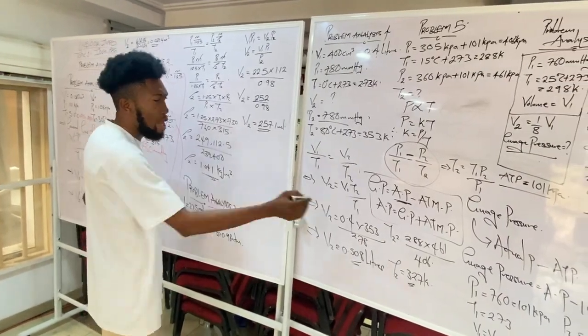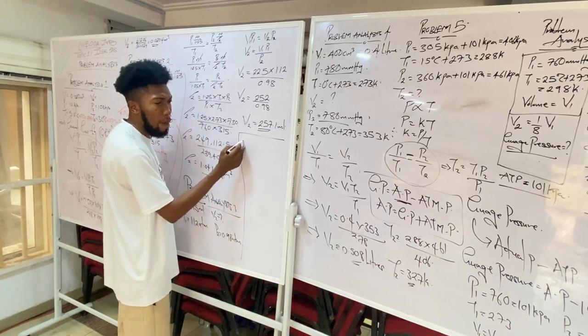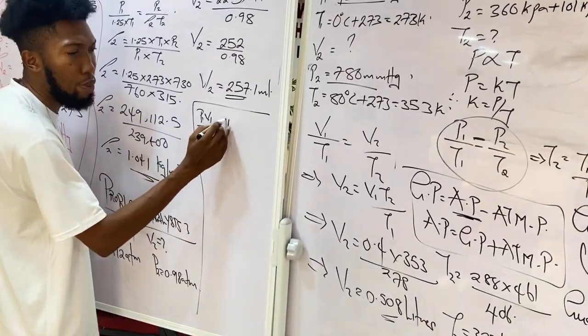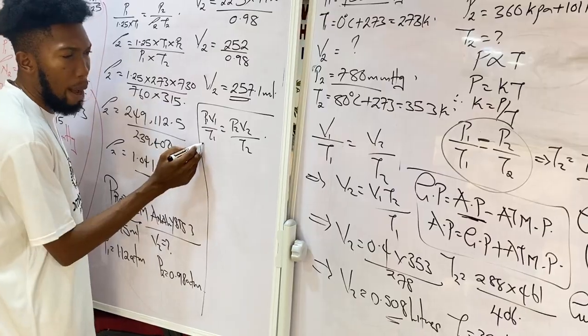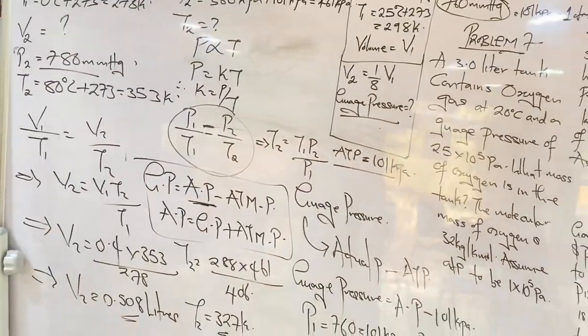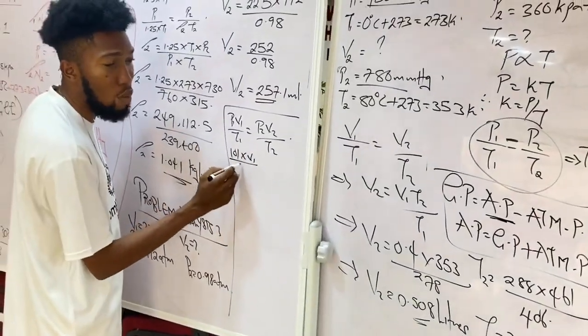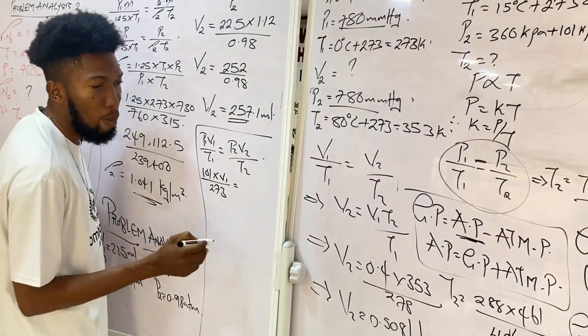So now, based on what we have there, we should know that we are going to be having P1 V1 over T1 equal to P2 V2 over T2 using those parameters. So our P1 there is 760, right? That's 101. So I'm having 101 times V1, divided by T1, which is 273,